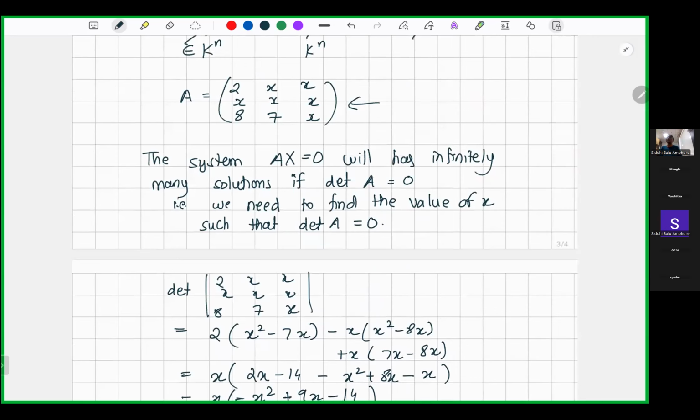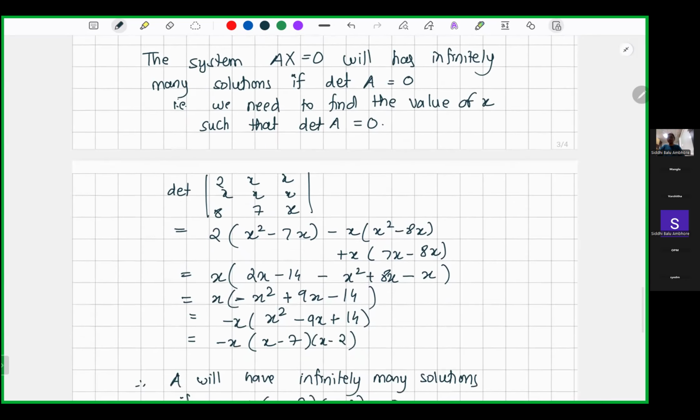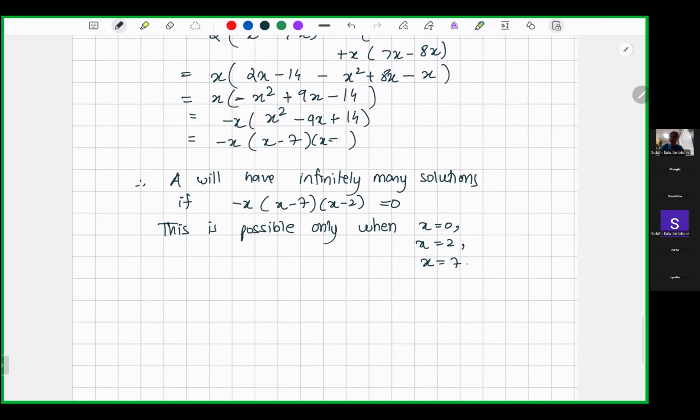So instead of going to row echelon form and everything, if we have bigger matrices, 4 cross 4 or 5 cross 5, in that case finding determinant itself is pretty difficult. But other than that, in such situations where only one variable is there that we have to find the value for, you can use this determinant condition in case of homogeneous system of equations,